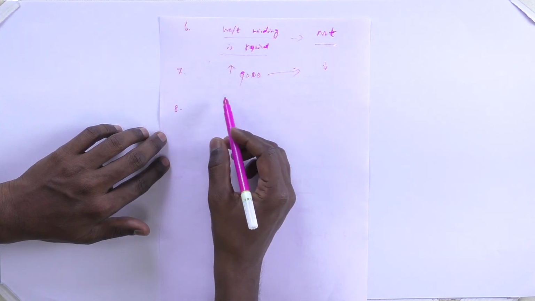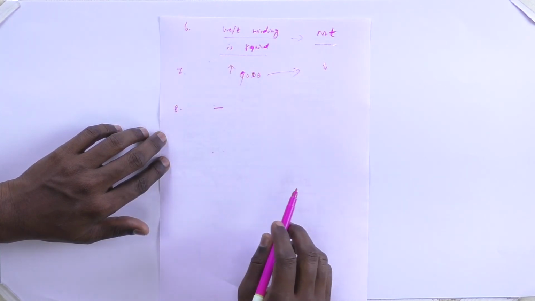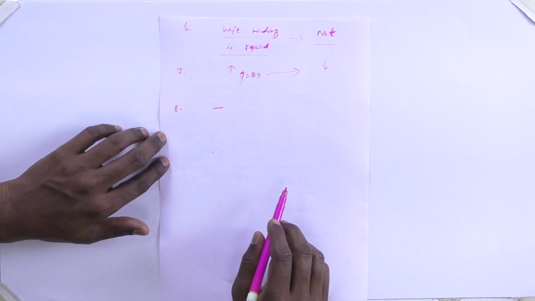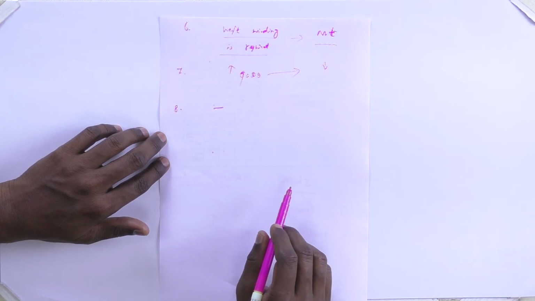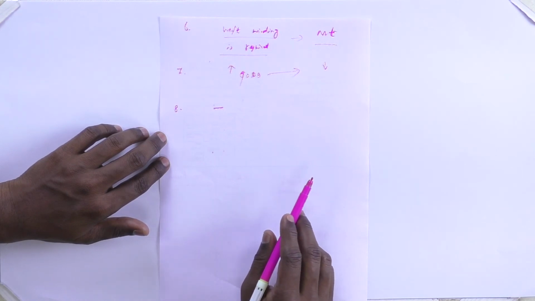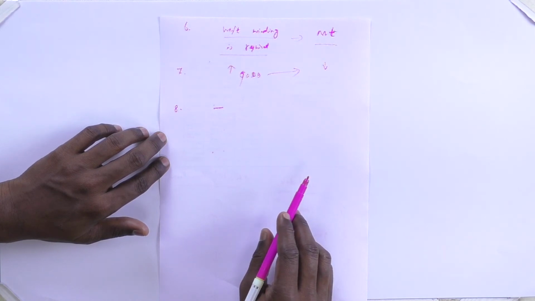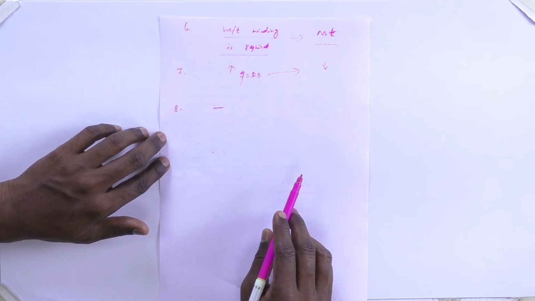The quality of fabric in a shuttle loom is very low, and in a shuttleless loom the quality of fabric is more. Normally in shuttle looms we are using coarser counts. In shuttleless looms we are going for finer counts. The high quality branded fabrics are produced by using shuttleless looms only.